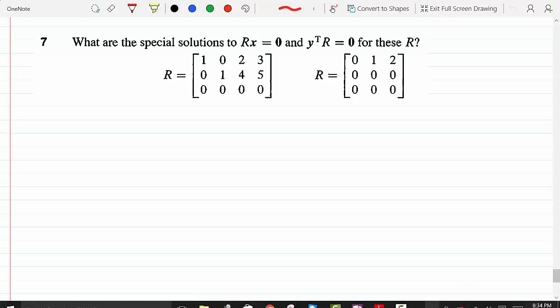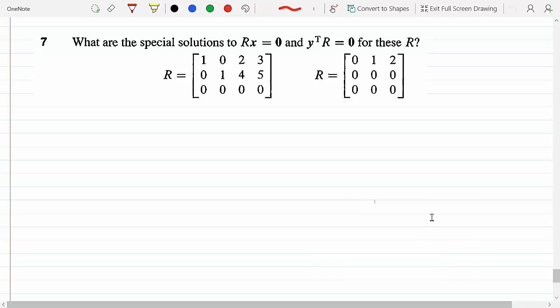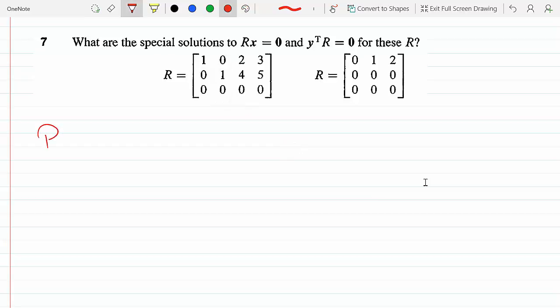What are the special solutions to Rx equals 0, y transpose R equals 0 for this R? Okay, let's start with the first R. The first thing to notice is we have to solve Rx equals 0, and